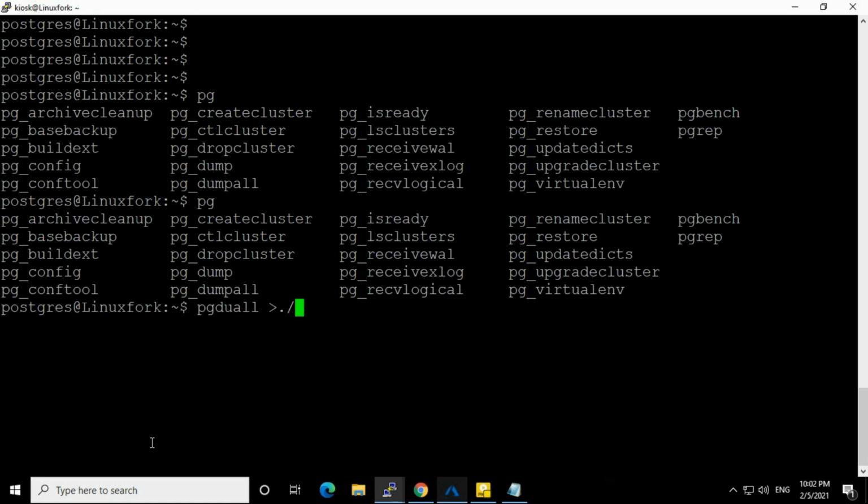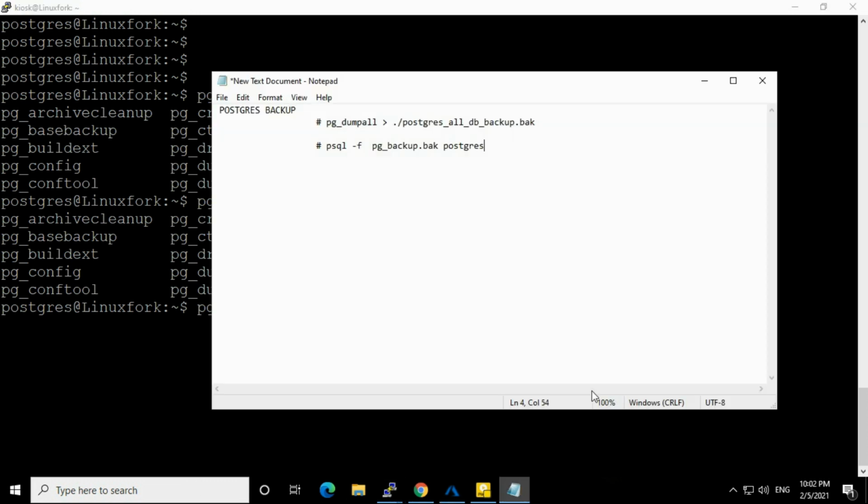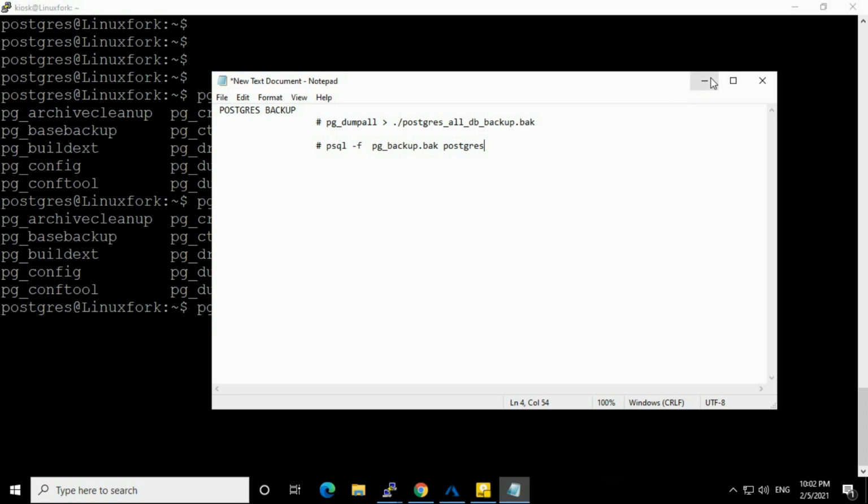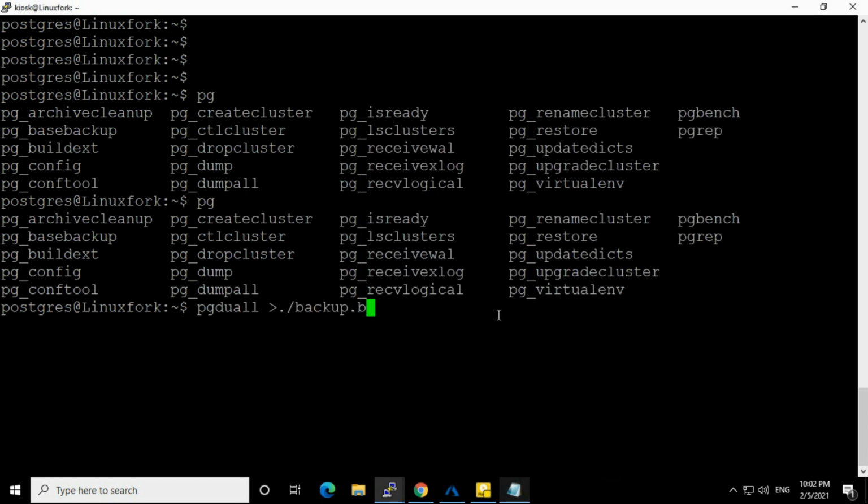And here I am going to give the name of the backup file. Also, you need to put the backup extension, .bak. It's important.